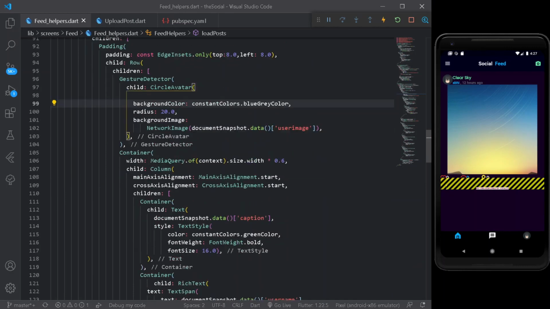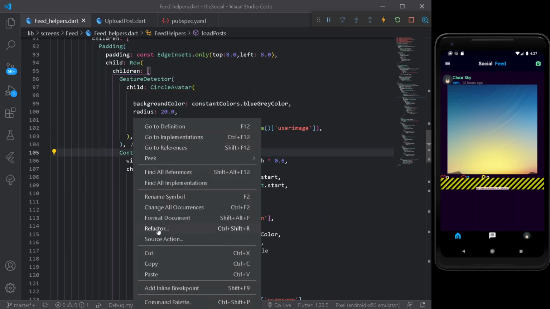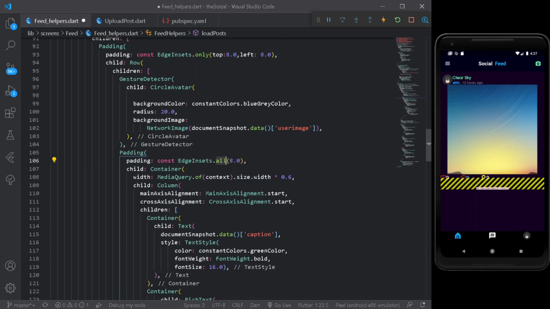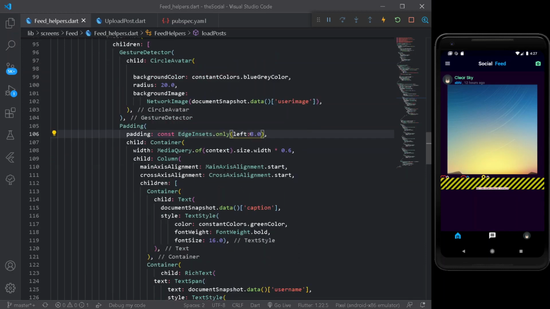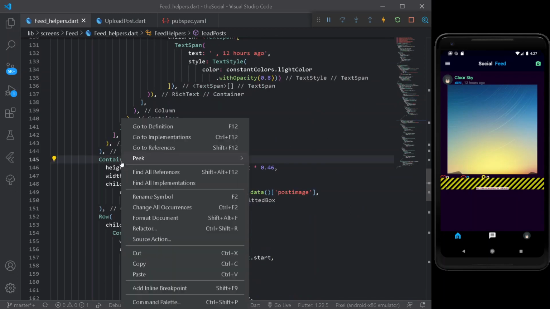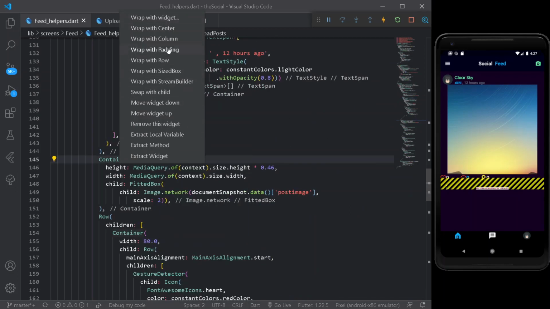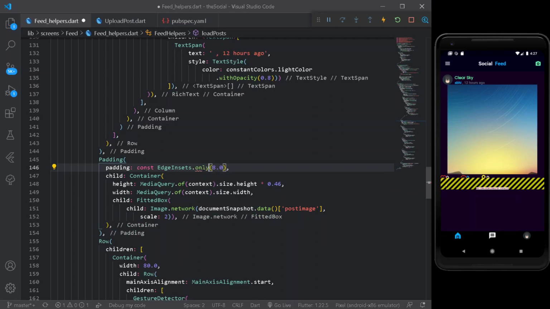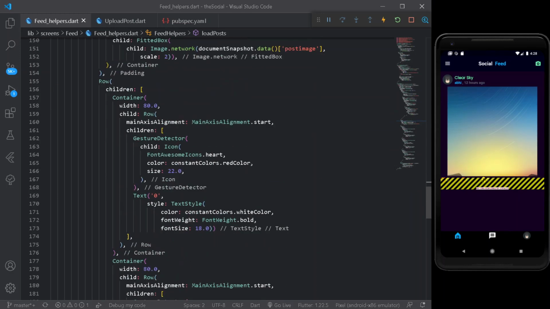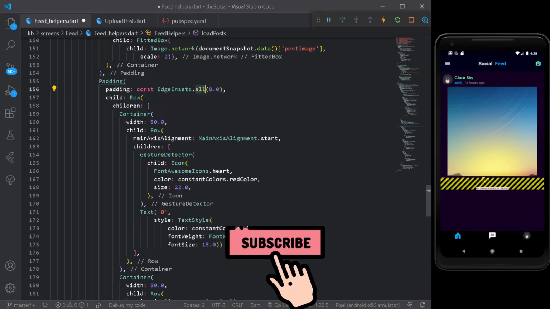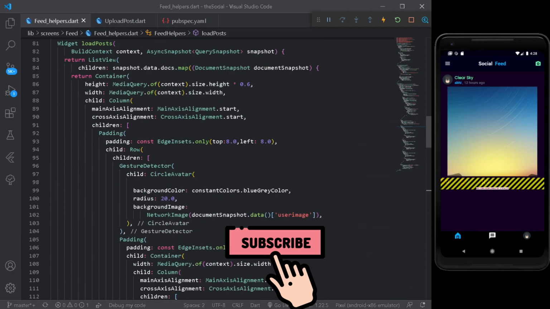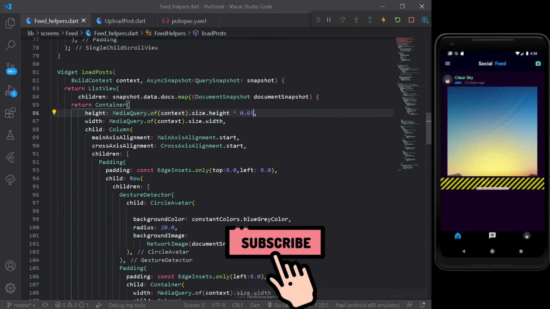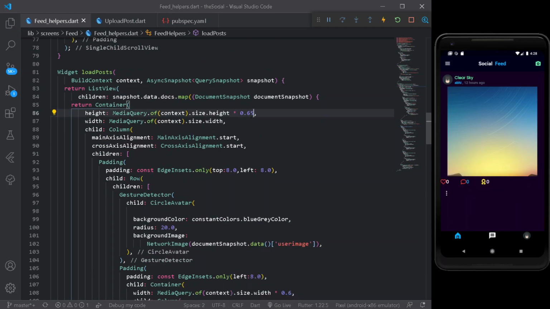After that, we can have a container padding as well. Here I will be adding padding from the left of it. Cool. So everything is done from there. After having the following row, let's add some padding to our container as well. For our container, let's have padding from only the top. It is looking cooler. And after that, let's add some padding to our row as well from the top. Cool. Once that is done, let's go to the top at our height and have a somewhat larger height. Everything is looking cooler.